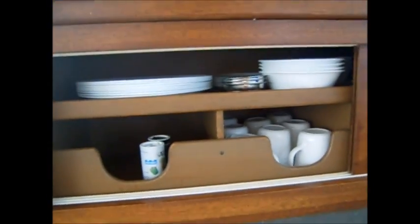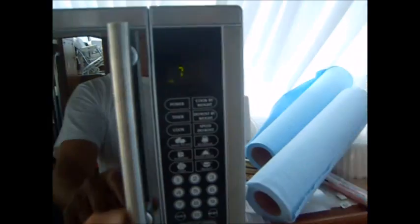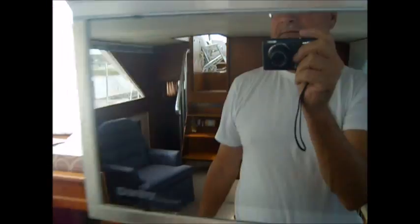And your dishes, glassware, nice area to stock everything. Oops, sorry. Microwave oven with a clock, that works. Interesting how the computer is recording that. And nice and tidy and clean. Like, you know, you can just see that